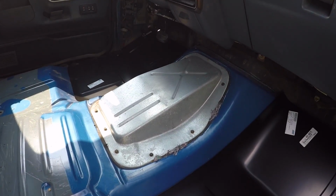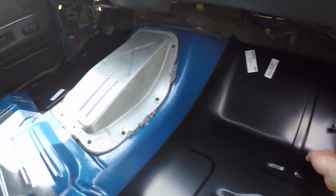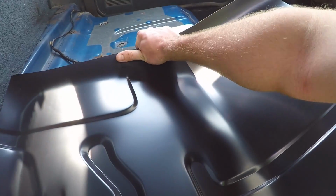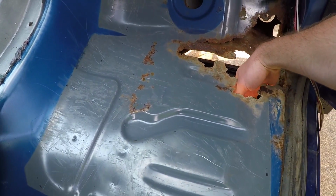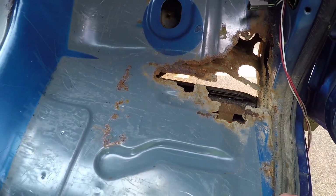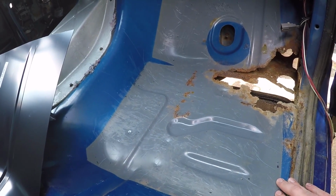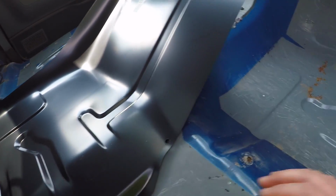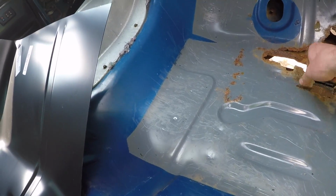So got the new floor pans, so I'm going to be working on that today and getting sections of the old floor cut out. The passenger side isn't as bad as the driver's side, but still there's a tiny pinhole right there, so I'm not sure exactly how much I'm going to cut out. But I'm not planning on welding these in yet. So I want to get the floor cut out and get rid of all the bad sheet metal,